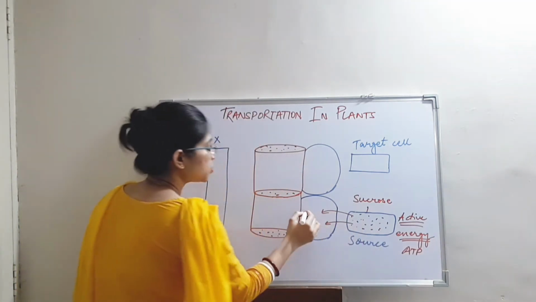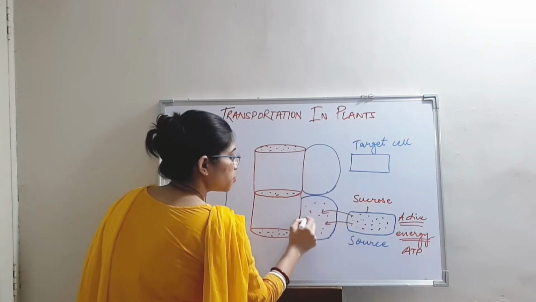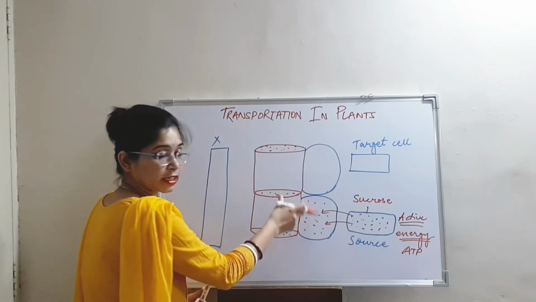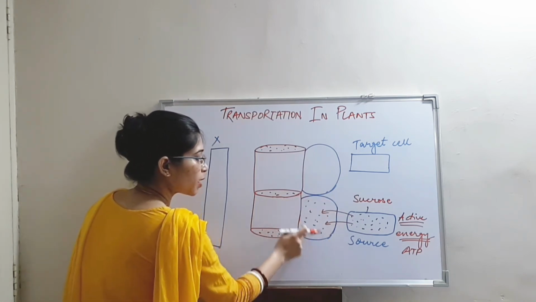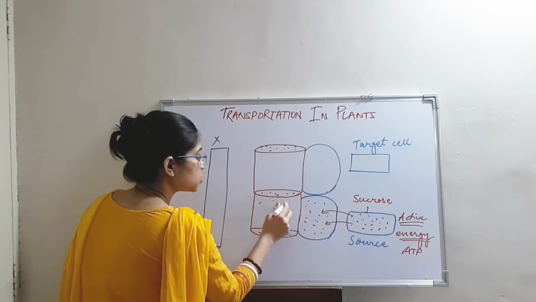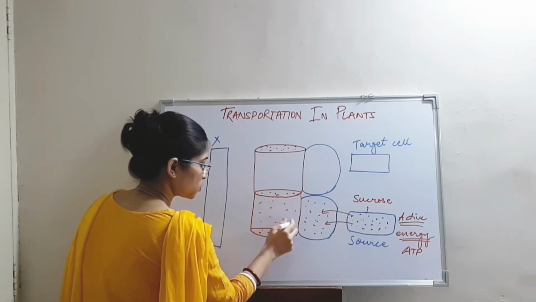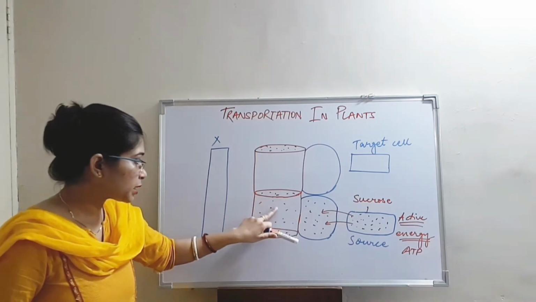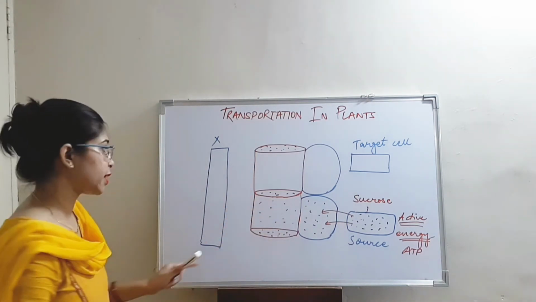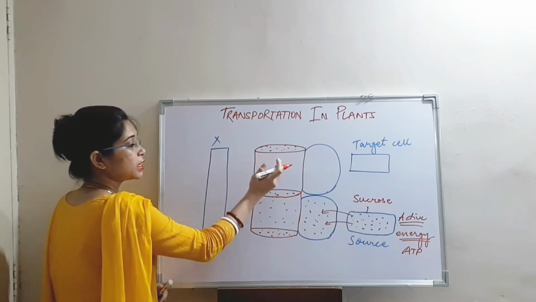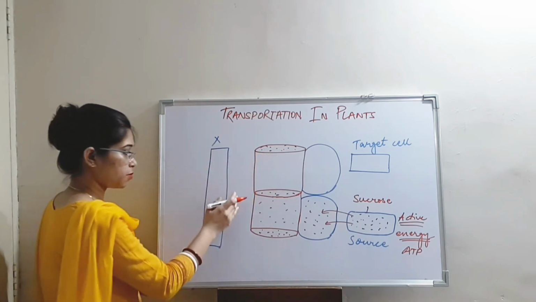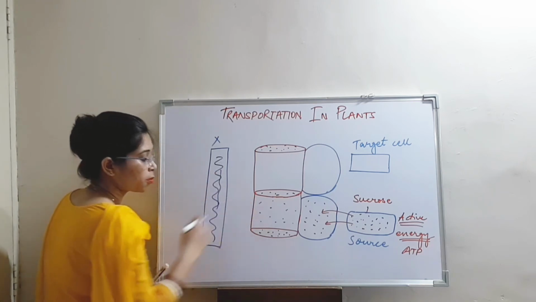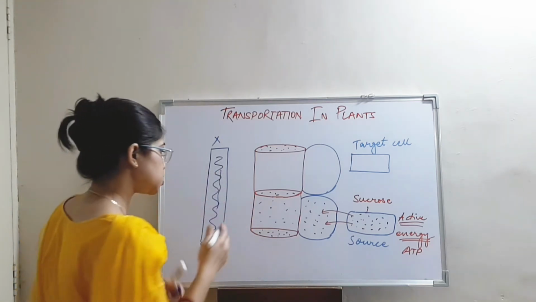After this, from the companion cells, because of the process of osmosis, there will be a difference in the concentration of particles of sucrose. These sucrose particles will move into the sieve tubes. Now this pressure is not enough for the particles to move in any direction. That is why the xylem, which is present adjacent to the phloem, will move the water particles from the xylem to the phloem because of the osmosis process.